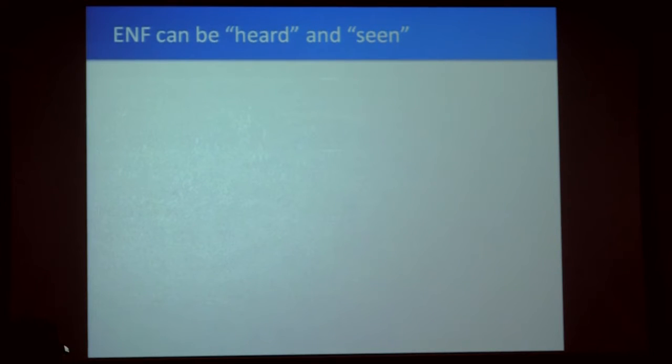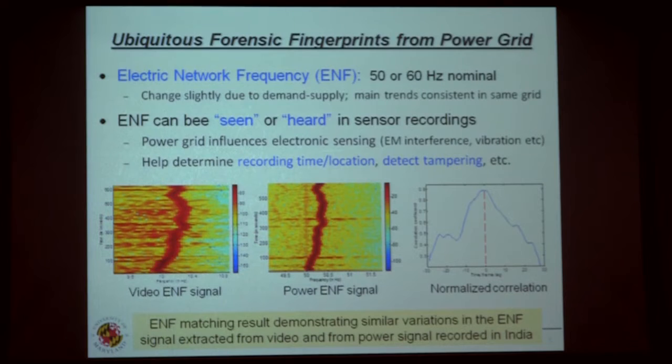ENF traces have a few interesting properties. They can be seen in many sensor and multimedia recordings because of a few causes. Mainly, the power grid induces such traces in our recording. If we connect into the power outlet, it comes through electrical interference. If it is battery powered, depending on what kind of sensing mechanism we have, it could be coming from electromagnetic